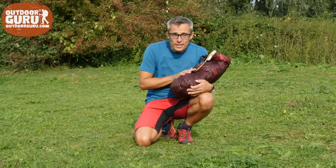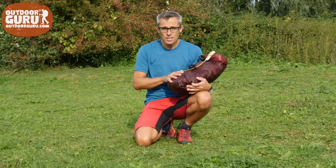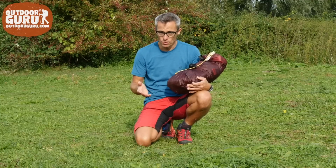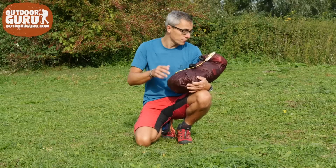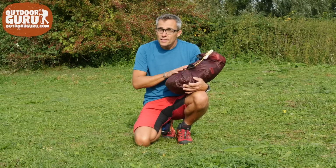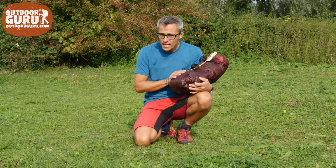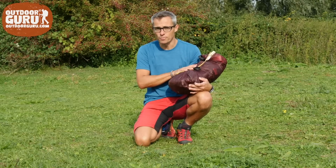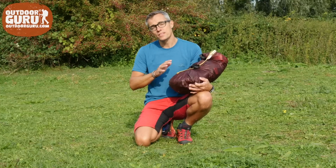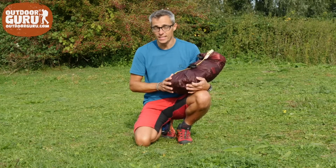So, the Tentipi Olivin 2 Combi. Let me explain the name a bit more. Tentipi, of course, it's a tipi, which is one of the basic shapes of tents ever. And I really love them, but more on that later. Then, it's for two persons. It's a 4-season tent. And the Combi means that this is the fly sheet and the inner tent, pegs, poles in one package. There's also a light version of the Olivin, and that is without the inner tent,